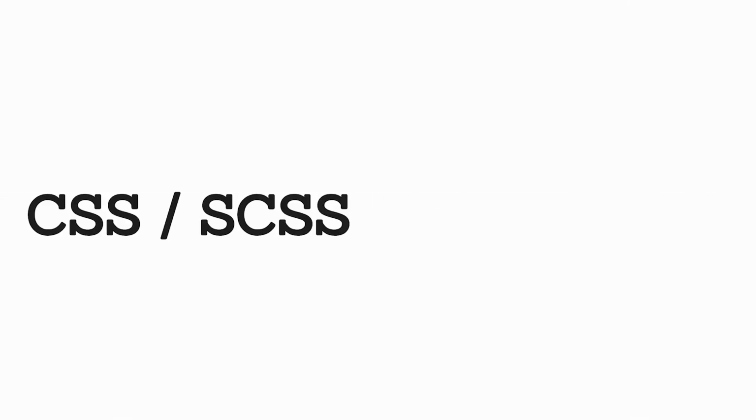Right, welcome back. Now we'll be looking at how we can take our website we created so far and use CSS and SCSS to further style it to your liking. So before we get going on that, we need to talk very quickly about what HTML is, because that is how all websites are created. And we need to understand how that works to be able to style the different components.